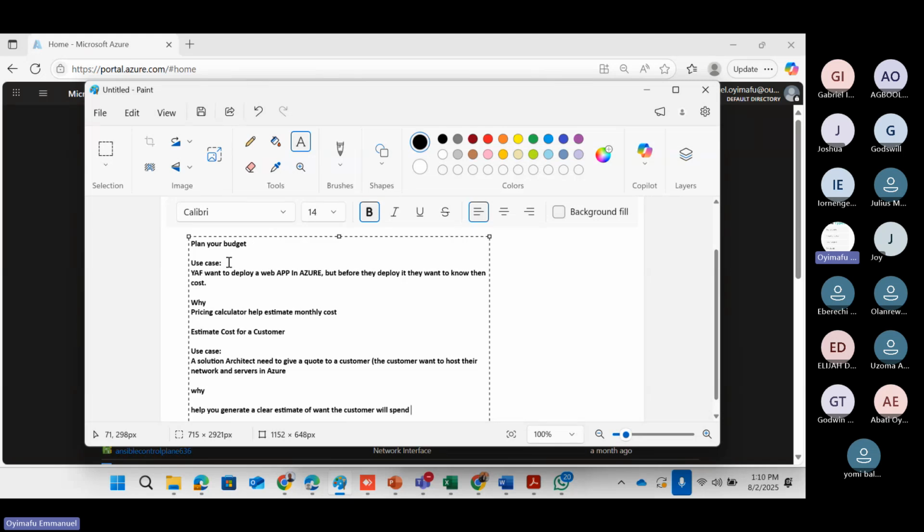So the next one is for a customer. Let's take, for instance, now you are a solution architect, which by God's grace, I know some of us are going to become. The work of a solution architect is that a customer will come, tell you their business need, tell you their problems and the issues they are encountering in their on-premise environment. Maybe as a solution architect, you ask them, how many servers do you have? They tell you we have 5 servers, we have 3 file servers, we have 4 application servers, we have, let's say, maybe they tell you they have some